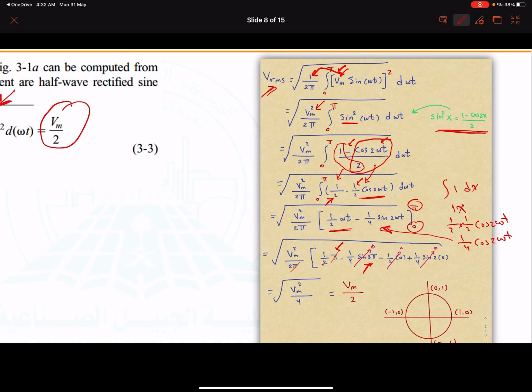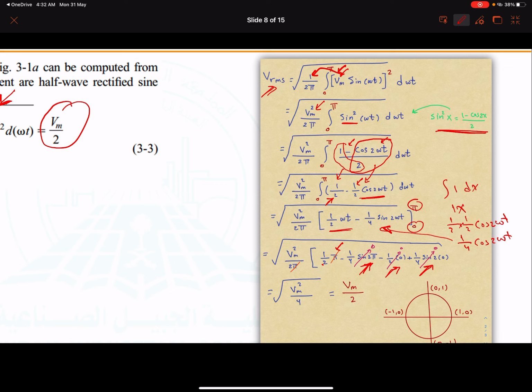Then minus, from the equation, half of 0 plus 1 over 4 sine 2 of 0. And of course, this part is 0, this part is 0, so we just have